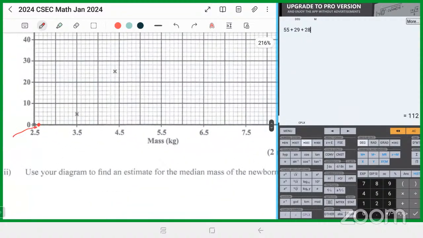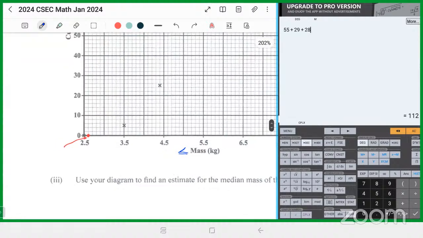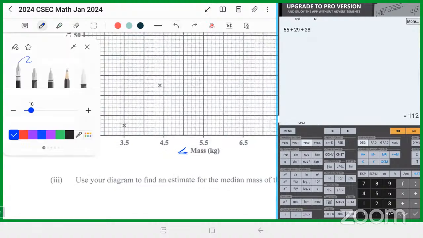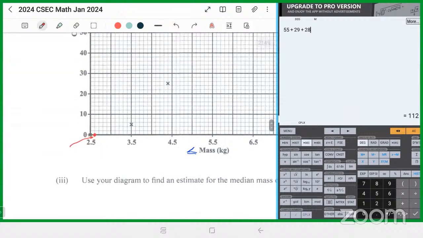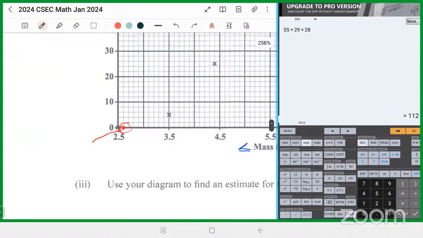It's a less than or equal to mass. It is showing less than or equal to the mass of baby. It shows how many babies measure less than or equal to any mass value that we see here. That's what it shows because that's the information we have. And this point here, they should ask what it means. It means that no baby, because the number of babies here is 0. No baby measured less than or equal to 2.6. So no baby, none